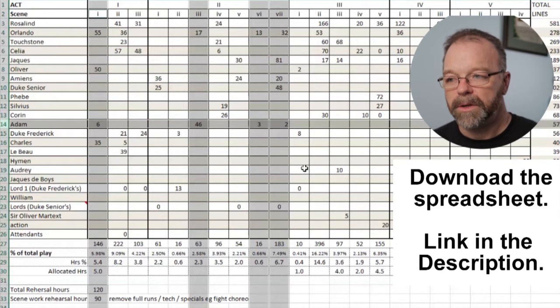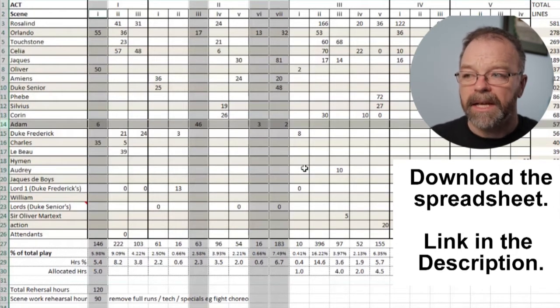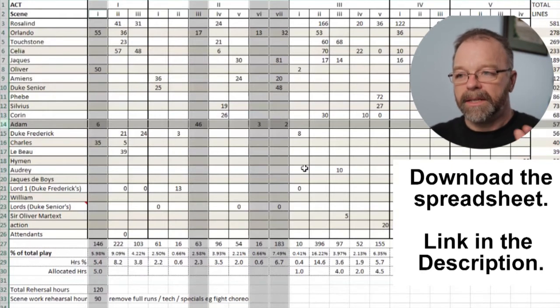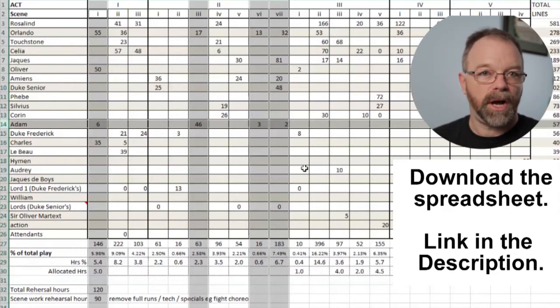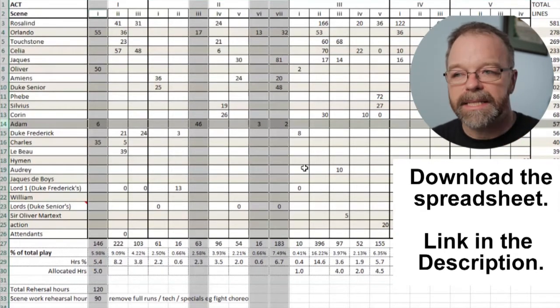You can schedule it however you want. But having this layout lets you quickly and easily see that. And then you can work through and go, well, these 2 people appear in these scenes together 4 times in the play. Let's just get those 2 people in for a night and run those 4 scenes. So my blocks of rehearsal are not done in sequence.